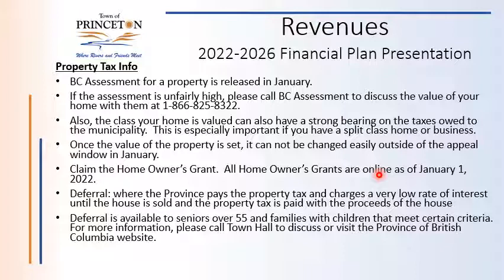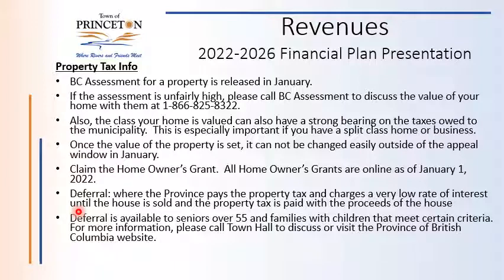To claim a homeowner grant, you must own your residence and you must live in your residence, and you can only claim one on your principal residence. So those points are important. If you meet those qualifications, please apply for that homeowner grant, either online, or it can also be applied for through Service BC, which in Princeton is located at the corner of Highway 3 and Bridge Street in the mini mall. This is right between Valley First and the Cool Beans Coffee Shop. They have all sorts of information, and they can do your homeowner grant right there on the spot in about 5 minutes.